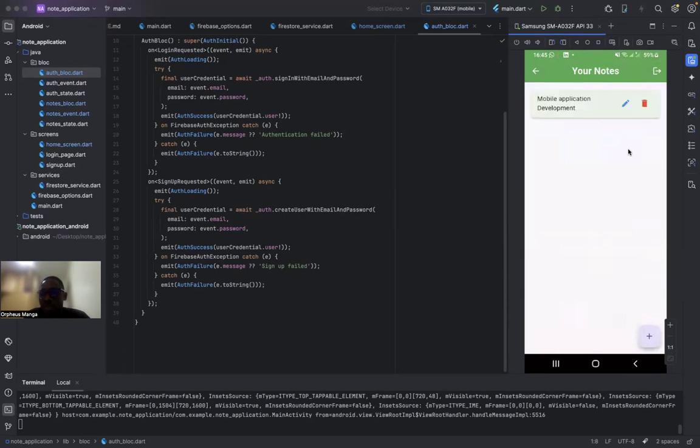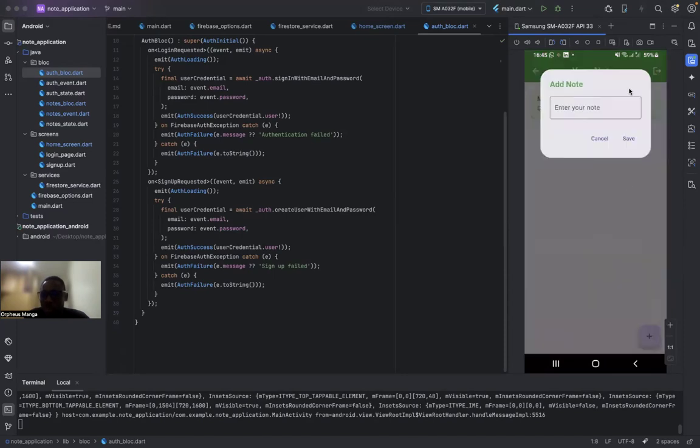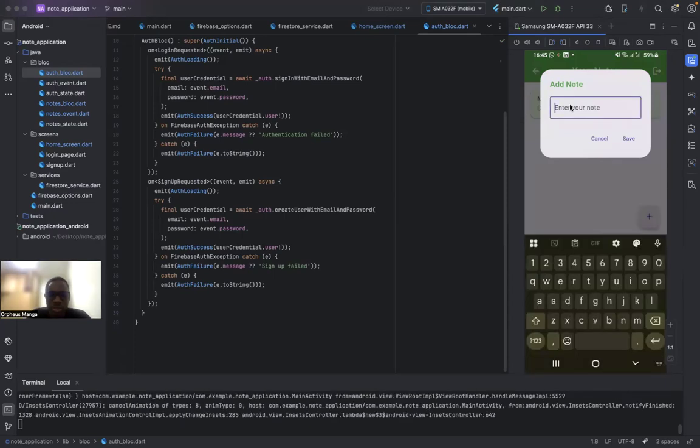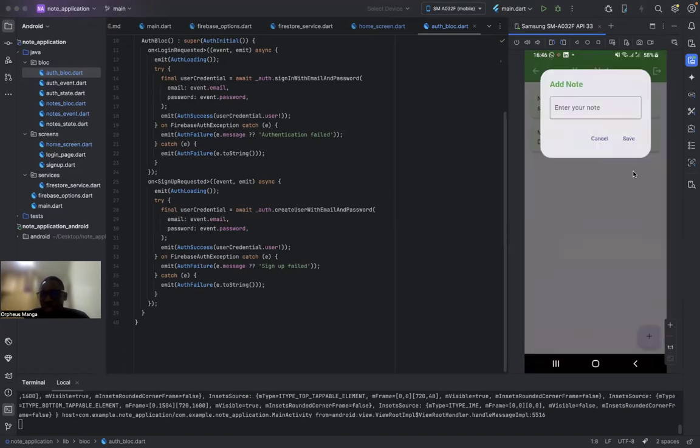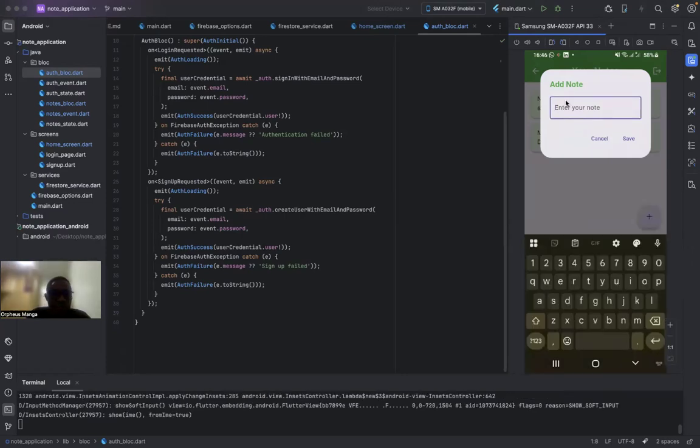This information is saved on Firestore in Firebase. Let me add another note, then we jump into Firestore to see if all these notes are added. Right now I'm going to say notes application for students. That's it, I'm saving my note. I want to add as many notes as I can, then we'll go to Firebase and check if they are appearing. This is another note that I can say, Firebase